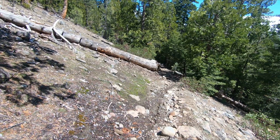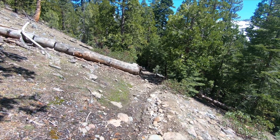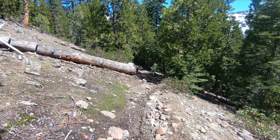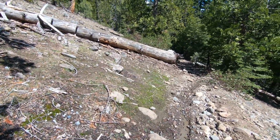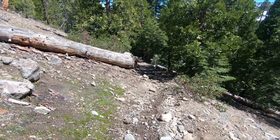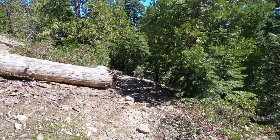Well, after the kids passed me, one more switchback and we were at the top, and then we sat there and had a snack and started talking. I forgot to take video when we got to the top, but anyway, it's straightforward coming down. Once you find your way to the summit, just go over and follow the trail all the way down